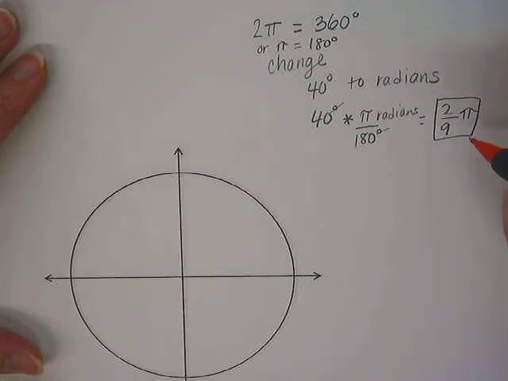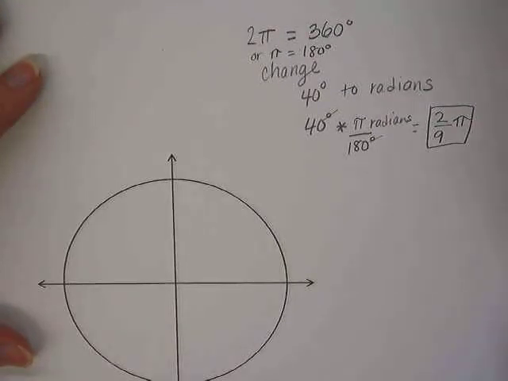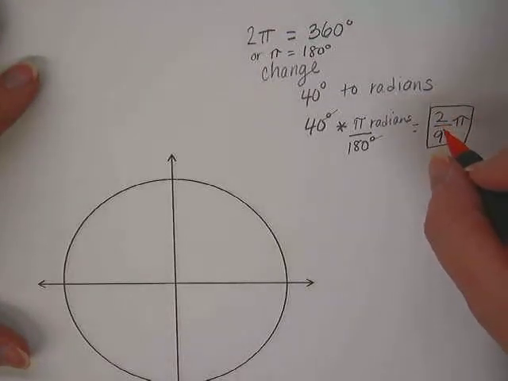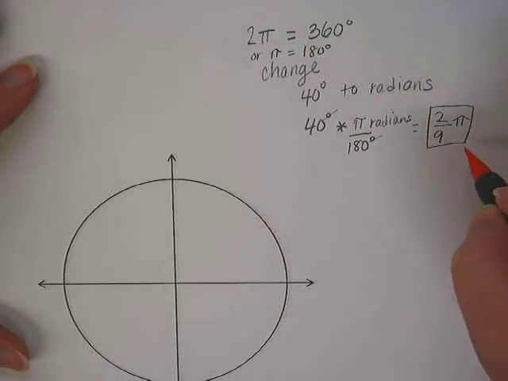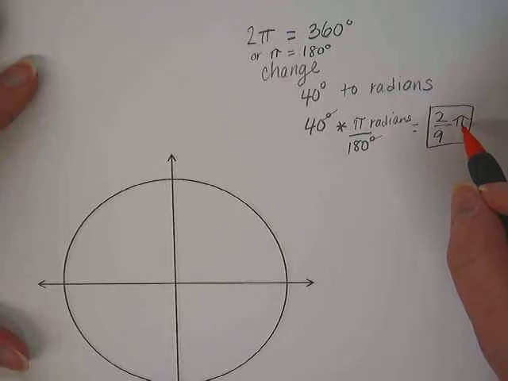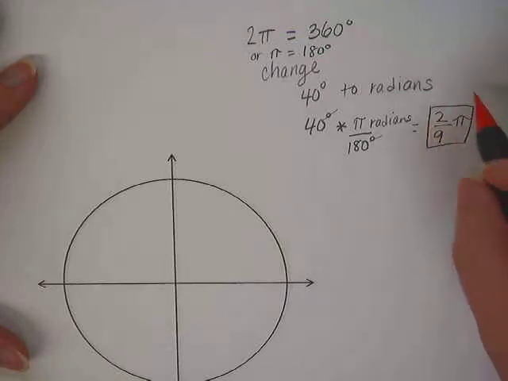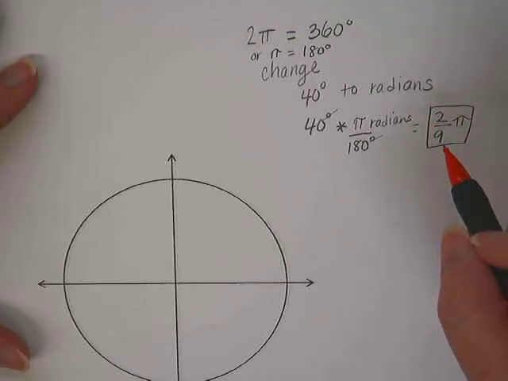Now that looks a little weird, but the reason I write it that way is that pi is a transcendental number, it's an irrational number, it goes forever. If I multiply the pi into it, then I have to round it and get a decimal, which is okay, sometimes that's fine. Sometimes that's the kind of answer they want you to get, to actually multiply it and get a decimal. But frequently we actually want to leave this exact. We don't want it to be rounded as a decimal. We want an exact portion of pi, because pi is a number that goes forever, that if we actually use 3.1415926, we have to stop somewhere,